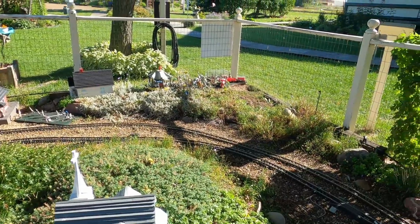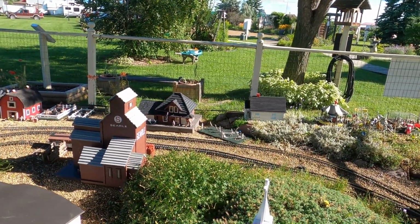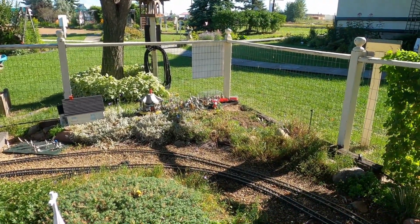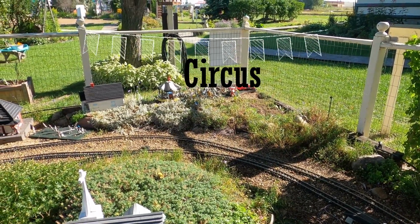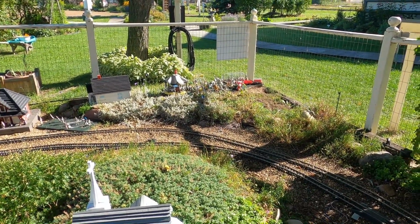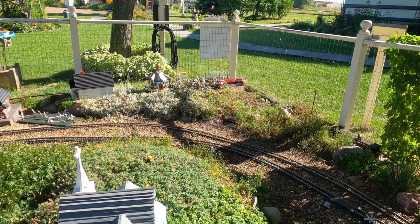Oh, look over there. Now the viewpoint was right by Drive Me Lake initially. And did you see the circus over there? The circus used to come by train, and it came to Camrose by train. So you'll be able to see it when you go around the outside. Now if we look over here,